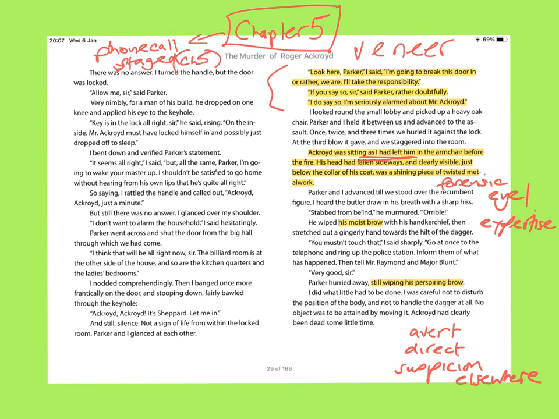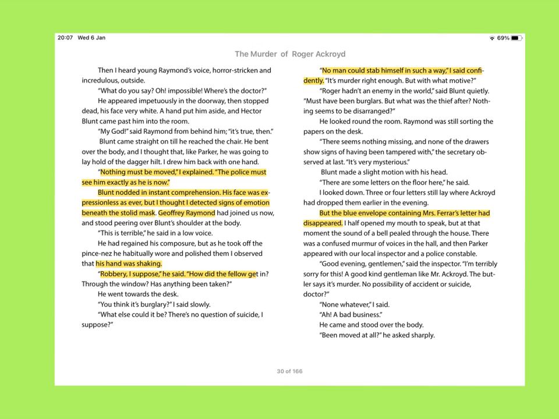There's more of that expertise here. "Look, I did what little had to be done. Careful not to disturb, not to handle the dagger." So there's our professional doctor, who we suspect now is going to be an ally in the detection of the murder. But we know what we end up knowing. Another example here of the devoted professional, dedicated to truth and justice. "Nothing must be moved. Leave it for the police."